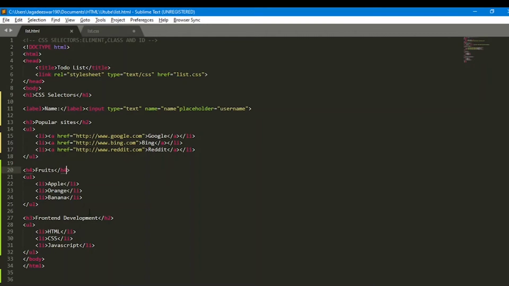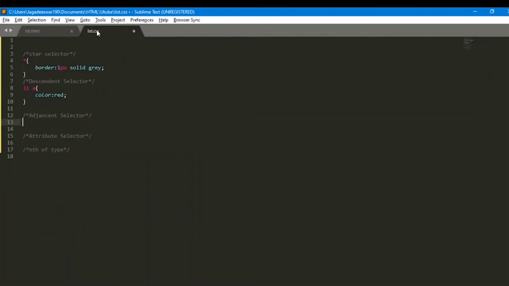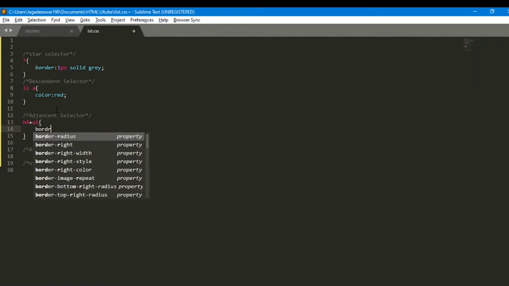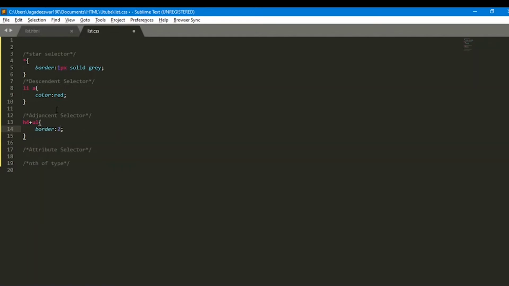save the file. Sorry, I made a mistake. Now I change it to the H4 tag. If I want to select the element after the H4 tag, which is the UL, and change the UL, which is the adjacent sibling of the H4, I can write H4 plus UL. Now I can add the border for this, border 2 pixels solid red.